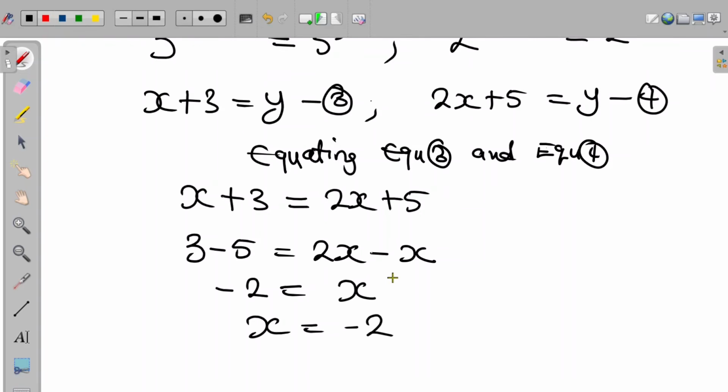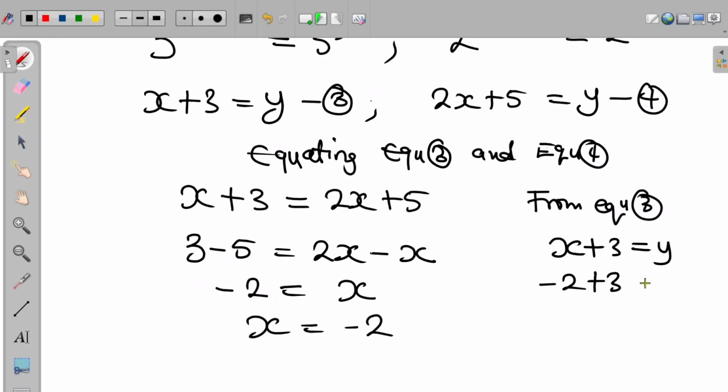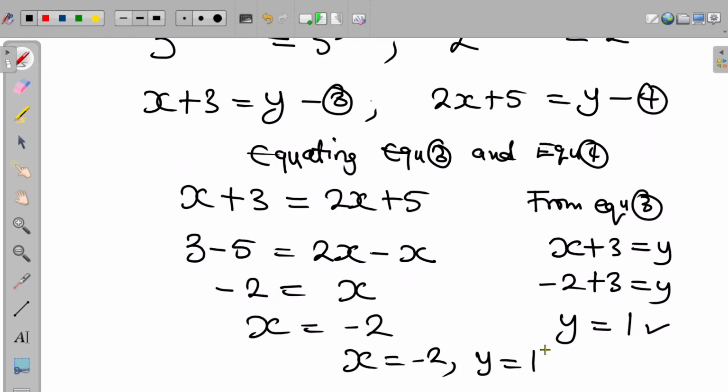Now, we can substitute the value of x into equation 3 or equation 4 to obtain the value of y. So from equation 3, we have that x plus 3 is equal to y, and the value of x is negative 2. So we have negative 2 plus 3 is equal to y. So therefore, y is equal to 1. So we obtained that x is equal to negative 2 and y is equal to 1. At this point, we have been able to obtain the solution